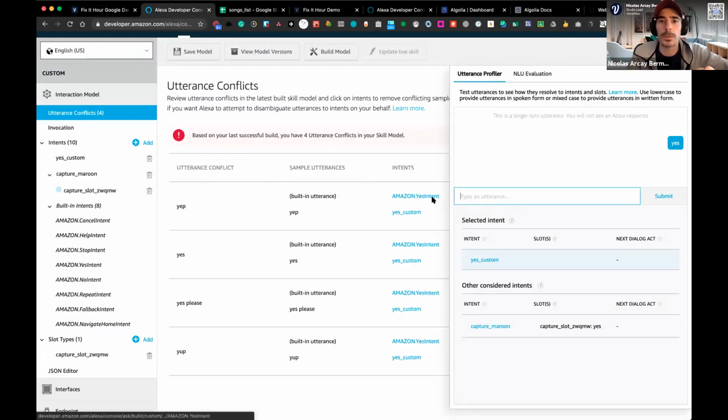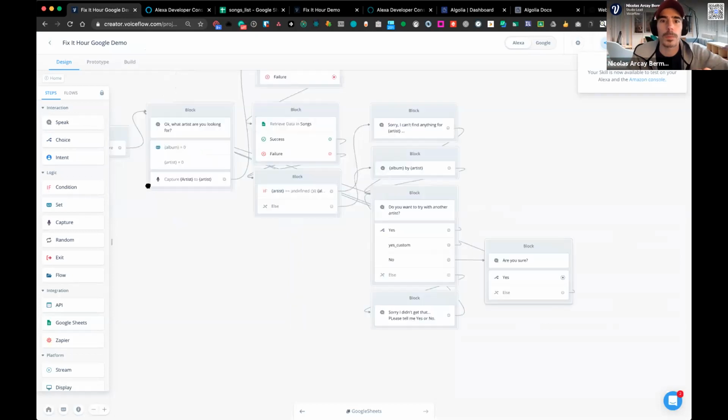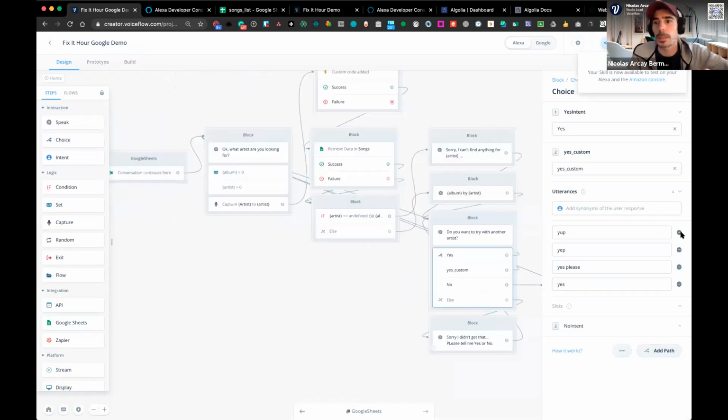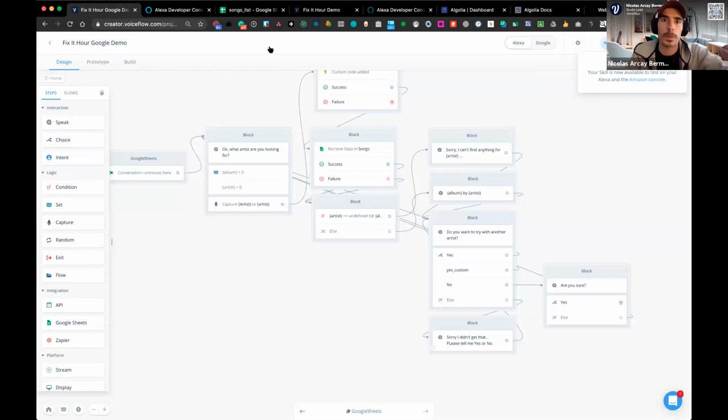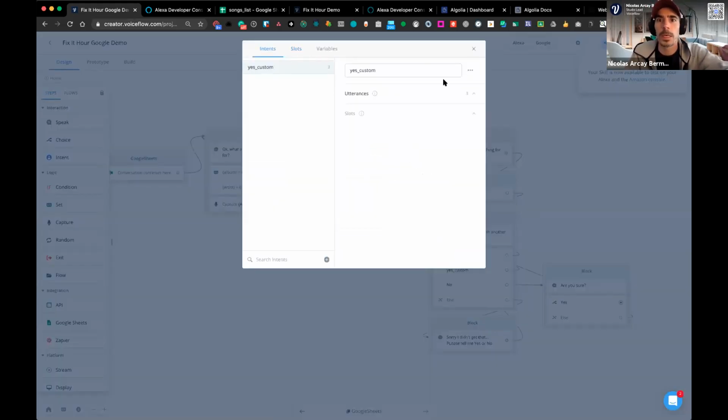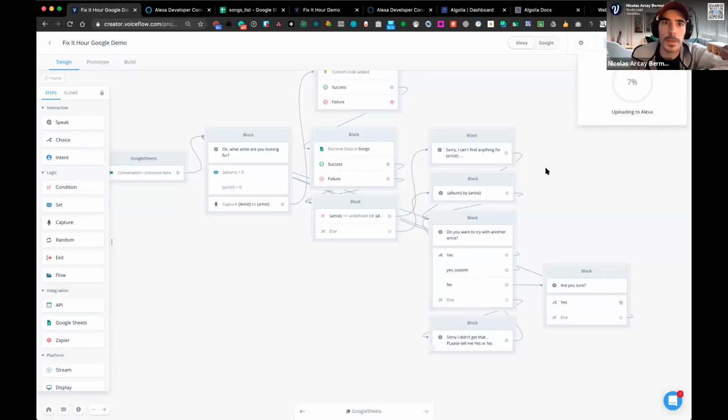So an easy way to fix this is basically by removing this custom intent. Sorry, you don't need that one, so you can remove that. But instead of that, we'll say search for another artist. Enter to validate, remove those, and we are sending it back to Alexa. And this will fix the skill. And while it's uploading,